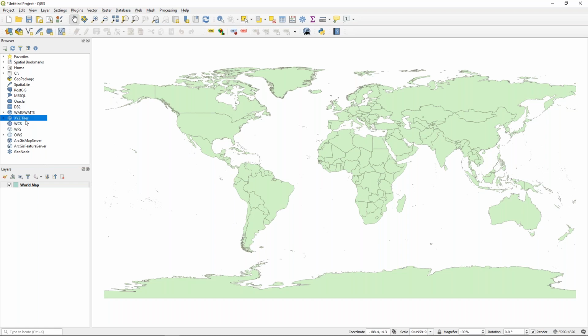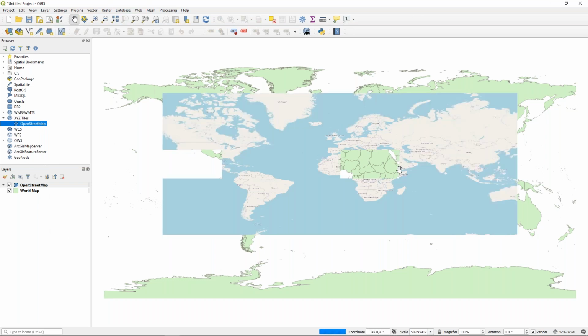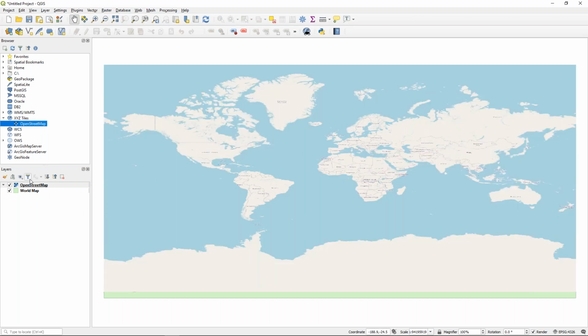So if you go to this XYZ Tiles and open it up, the only option built in is the OpenStreetMap. If we right click on that and add it to our project, you'll see it slide down here onto the map. You can see it's brought in another data layer. So let's go to